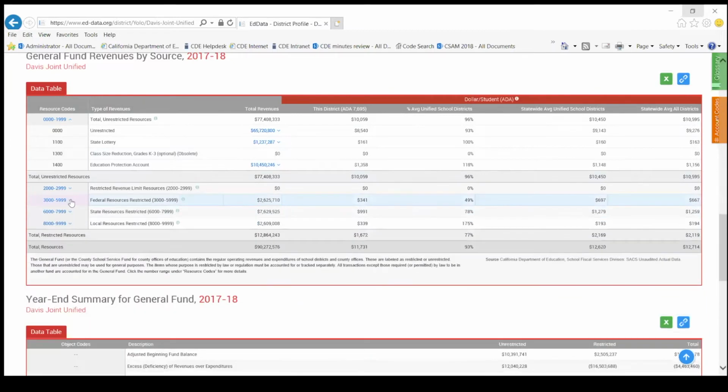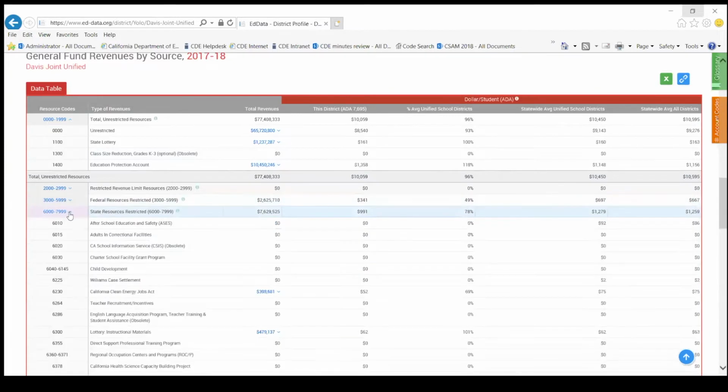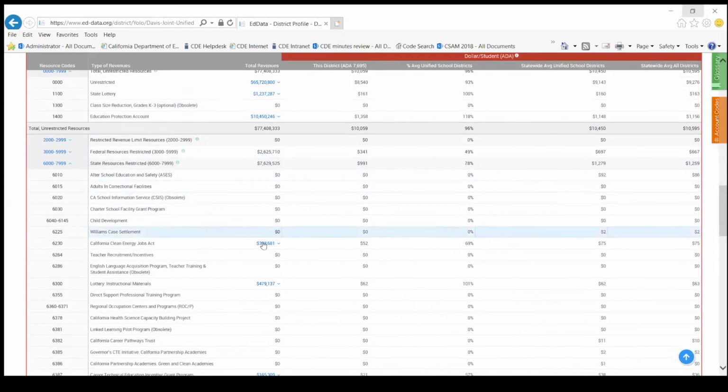So I'm going to minimize the federal, and I'm not going to go into any more detail. I'm just going to drop down really quick on the state sources so you can see, again, here I was talking about lots of zero amounts. Ed Data displays all the resources for the whole state, depending on which LEAs report which program. So a lot of these programs Davis doesn't operate, at least in their general fund, because I see child development right here. Well, child development is actually